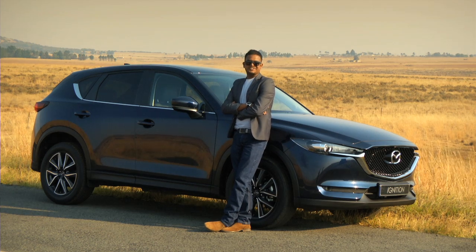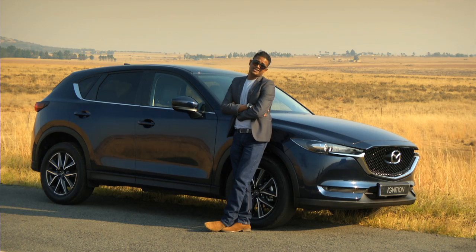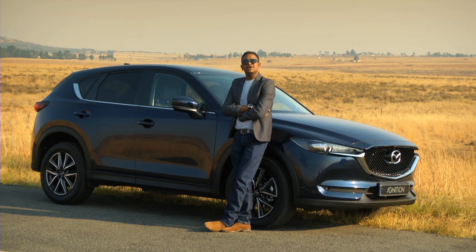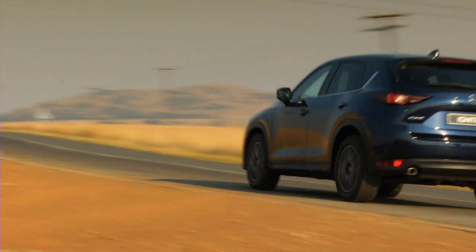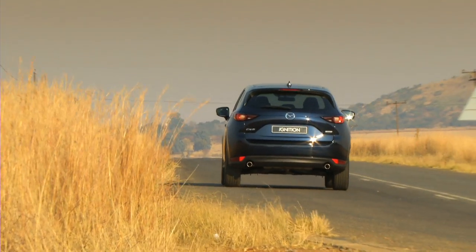Like, the only apologists for station wagons in South Africa are funeral directors and motoring journalists. For everyone else, the allure of a compact crossover or sport utility vehicle is impossible to resist. Now, my estate-loving colleague Marius Roberts might punch me in the face for saying this, but I totally understand the